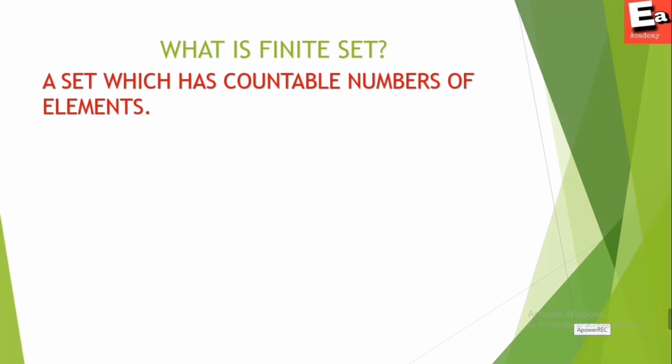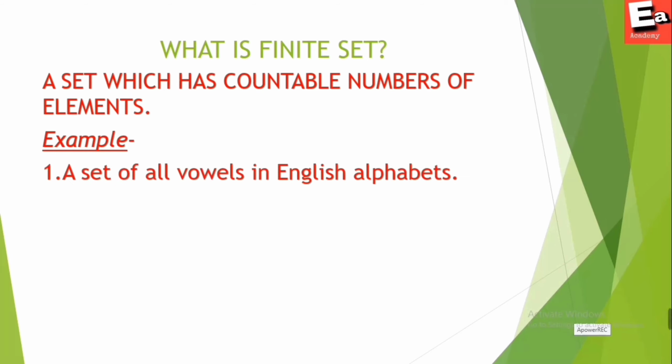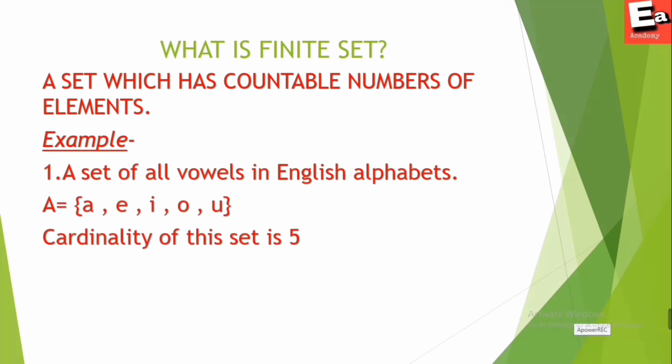Now, what can be an example of a finite set? A finite set can be the set of vowels in the English alphabet. These vowels are A, E, I, O and U. It has 5 elements, right? Its elements can be counted. So, the set of vowels is a finite set. Similarly, the set of consonants will also be a finite set, right? Because you can count the number of consonants in the English alphabet, and at the same time the number of planets in the solar system is also a countable set.